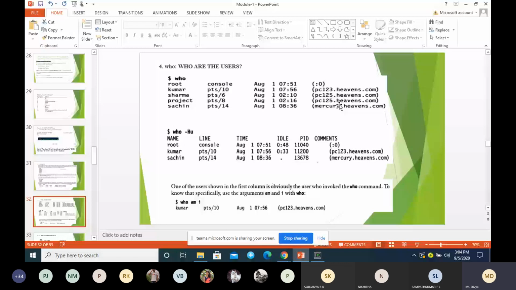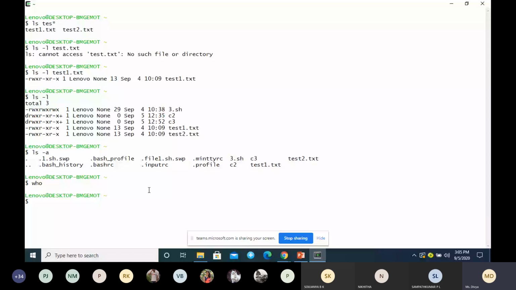See here, there is a command for knowing the terminal: TTY. I want to know about my terminal. You can see how it is displaying. My terminal name is the terminal whatever you have used for executing the command. Okay, the command to know the information about the terminal is TTY. Make a note of this. TTY is the command to know the terminal name.